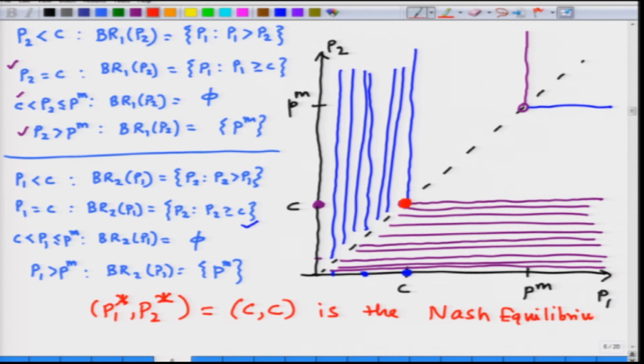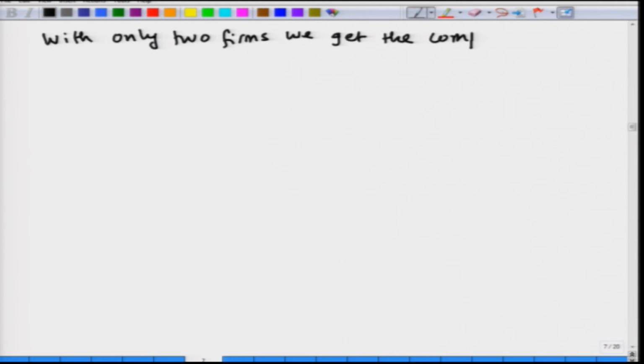right. So, the surprising result is that when you have these two firms which are simultaneously choosing the prices, their marginal cost is C, then the Bertrand-Nash equilibrium price essentially is each firm charging a price which is equal to the marginal cost, right. So, the surprising part of this discussion is that with only two firms, we get the competitive solution, right. With only two firms we get the competitive solution, because recall in a perfectly competitive market, the outcome, the